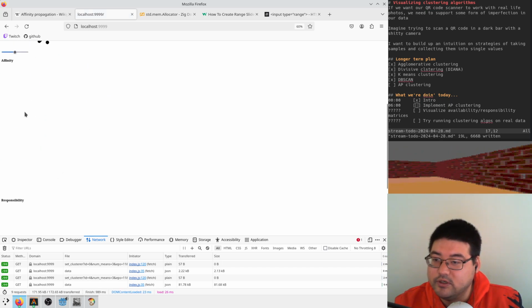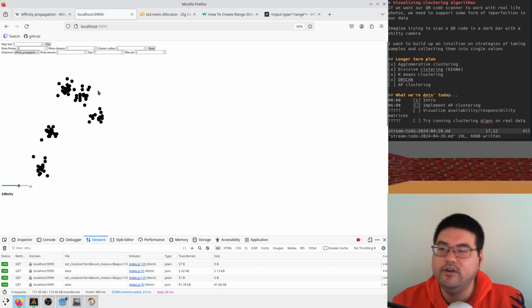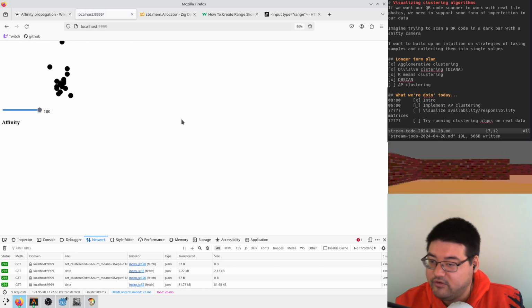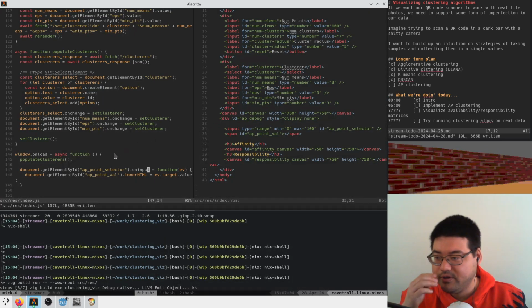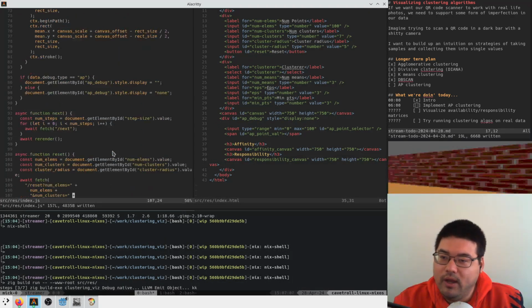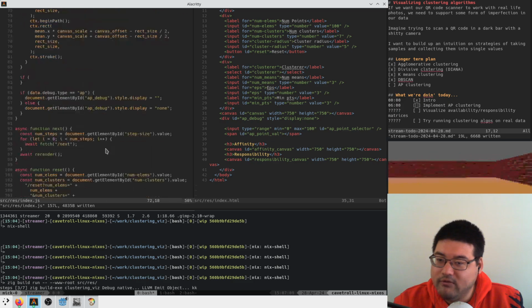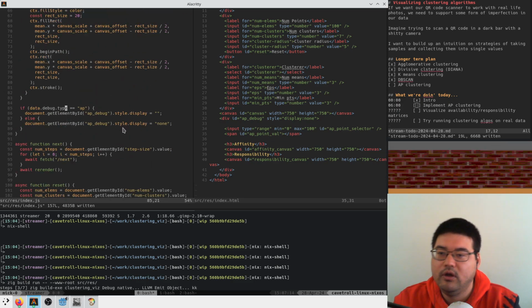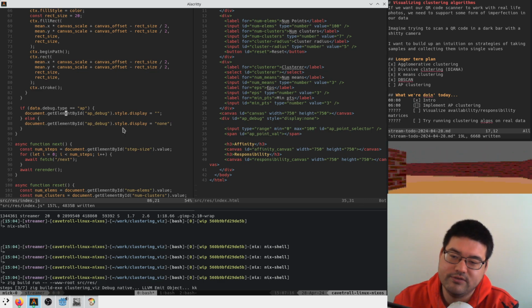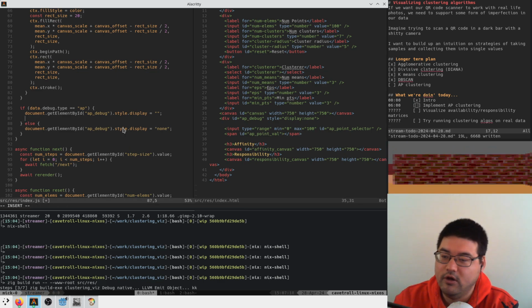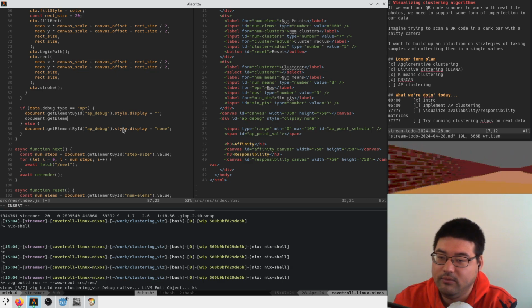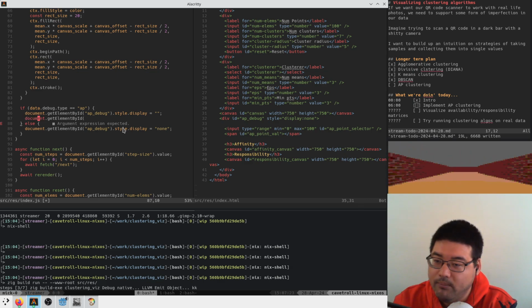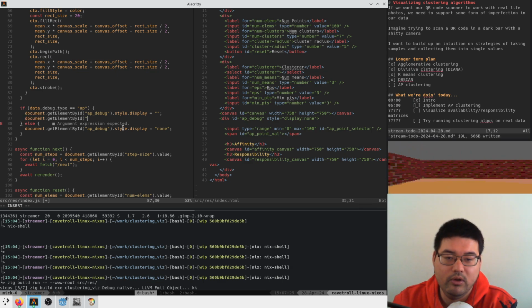Refresh. Affinity propagation. There we go. Nice. That's what I want. Good enough. Okay. So now, when I get my debug info, I have to update the range of the slider. So document get element by ID. We look at the AP point selector, and we